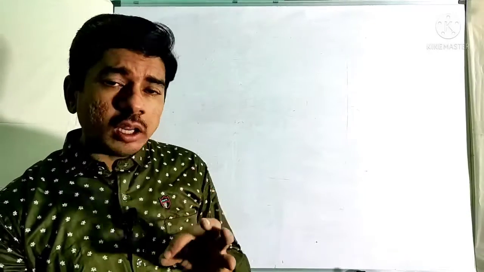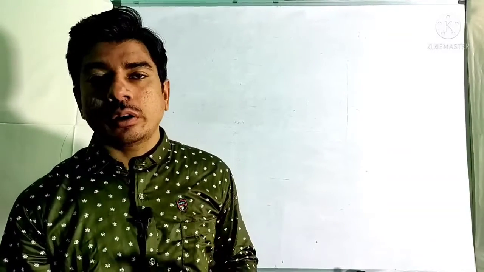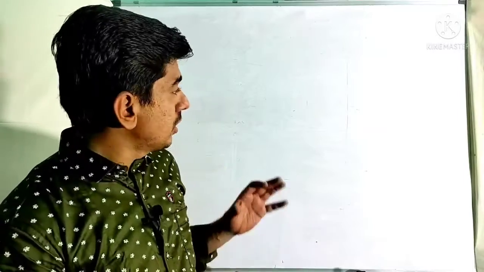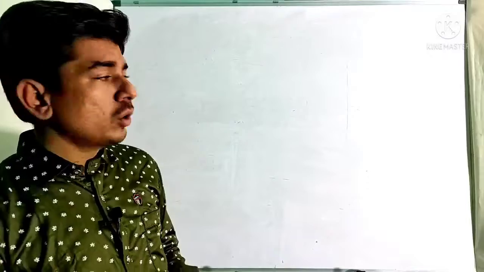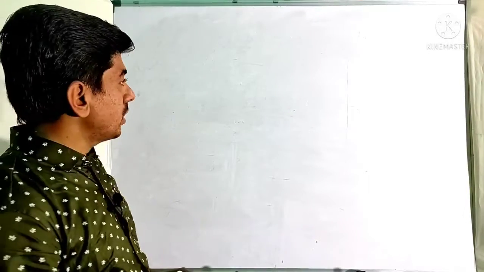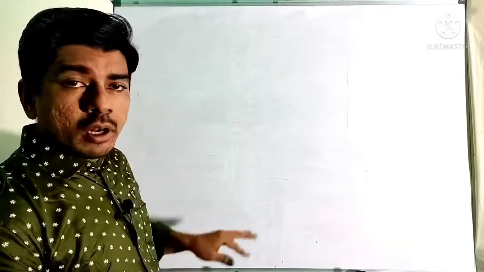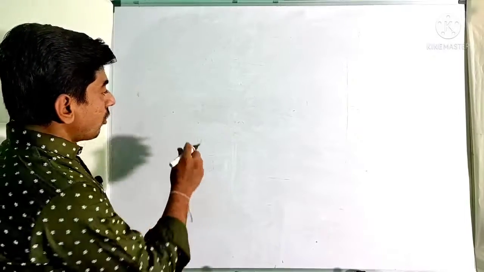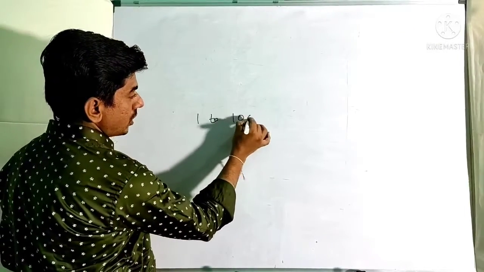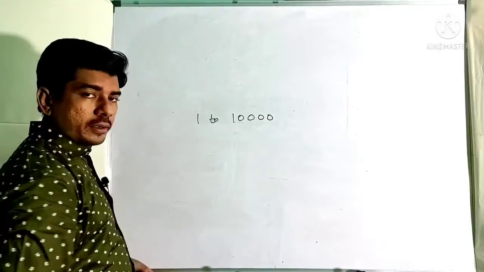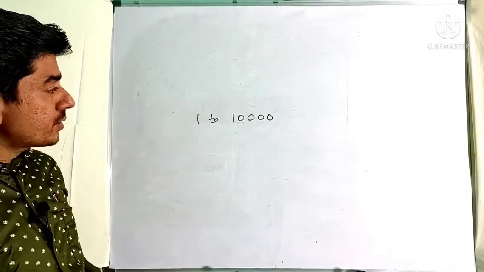Today we will be learning a very important shortcut for finding the squares of any number. This video will also be very interesting. Watch the video till the end so that you can find the squares of a number from 1 to 10,000. You heard it right and you have seen it right, friends.